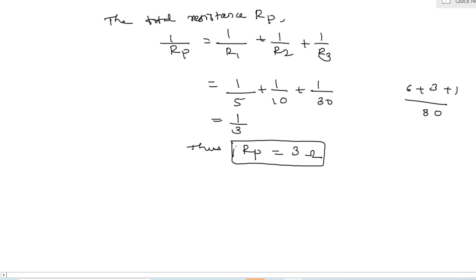Yes, my dear students, in today's class we discussed and solved a problem on series combination, and afterwards what is meant by parallel combination or parallel connection, and also